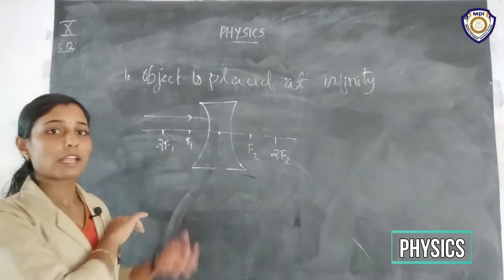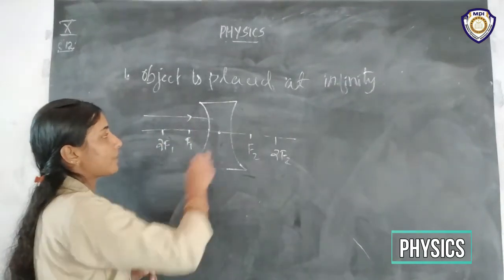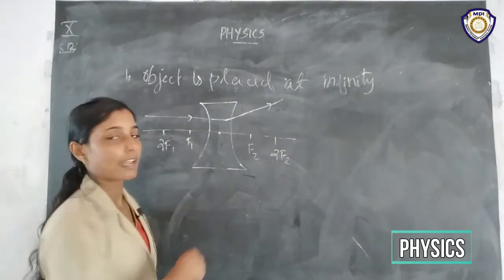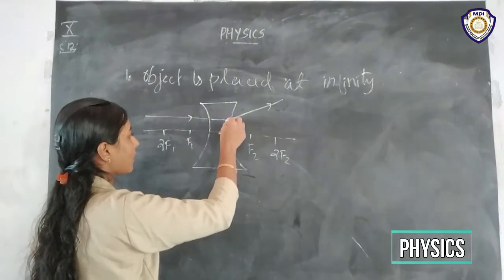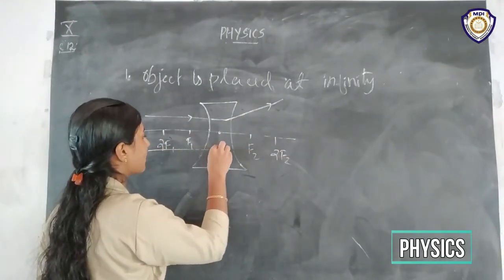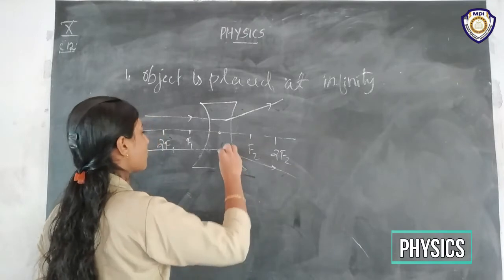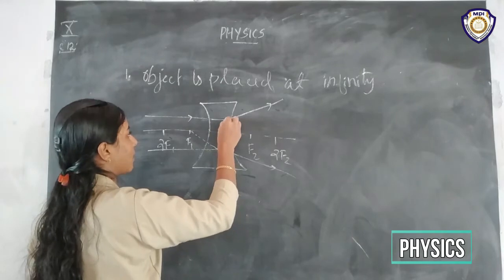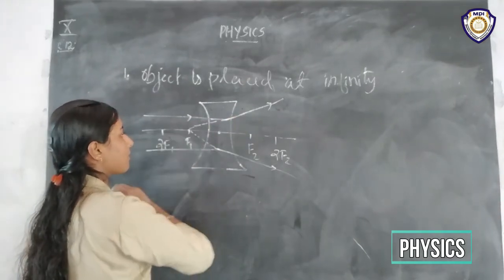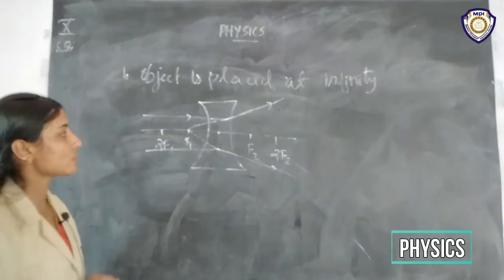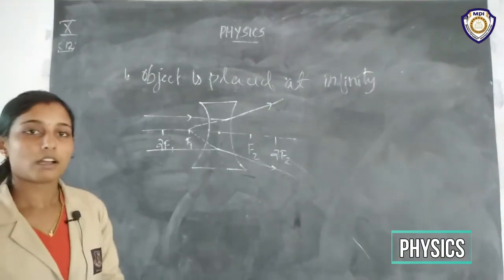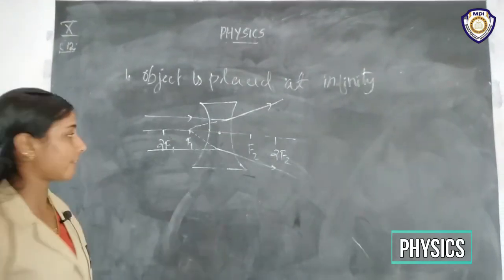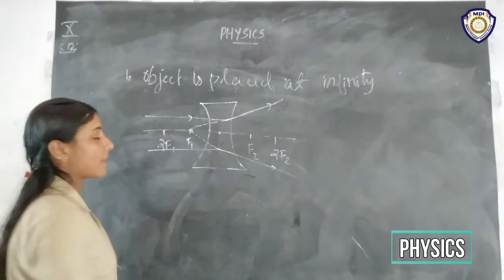This is the ray coming from the object that is parallel to the principal axis, and after refraction it will go like this. That is, the ray will diverge like this. Another ray like this will also diverge like this. We can extend these rays to the back side. Where will they meet? It seems to meet on the same side, at principal focus F1, right? So here will be our image formed.